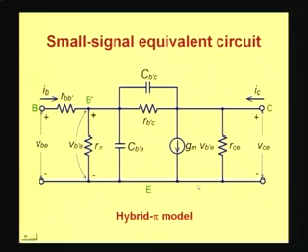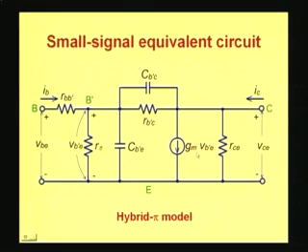The difference between the H parameter equivalent circuit and the hybrid pi circuit is that the current source between the collector and emitter is shown controlled by the base to emitter voltage rather than the base current, so that here you have, instead of beta, the parameter transconductance gm. That is a significant difference between the H parameter equivalent circuit and the hybrid pi equivalent circuit. We will consider the relative advantages and disadvantages of the two when we discuss the characteristics in detail.